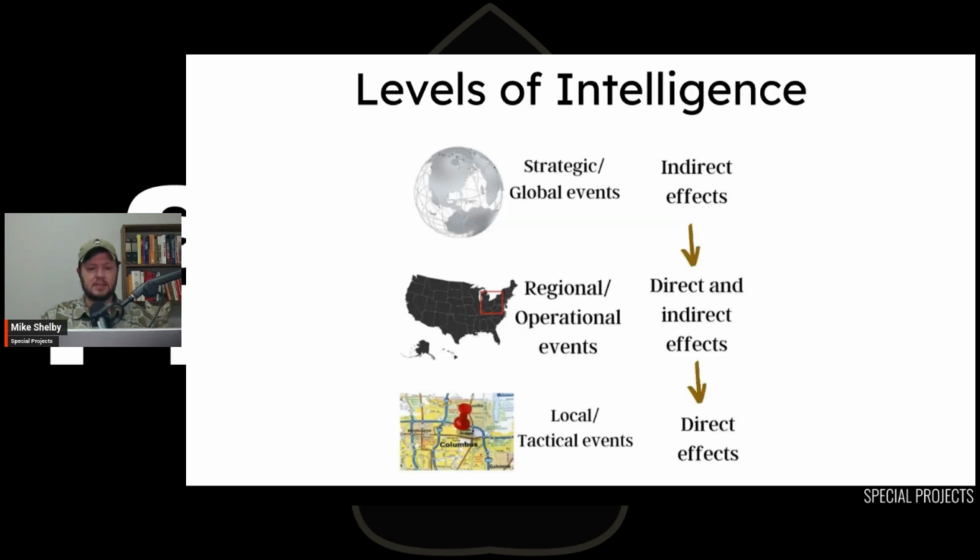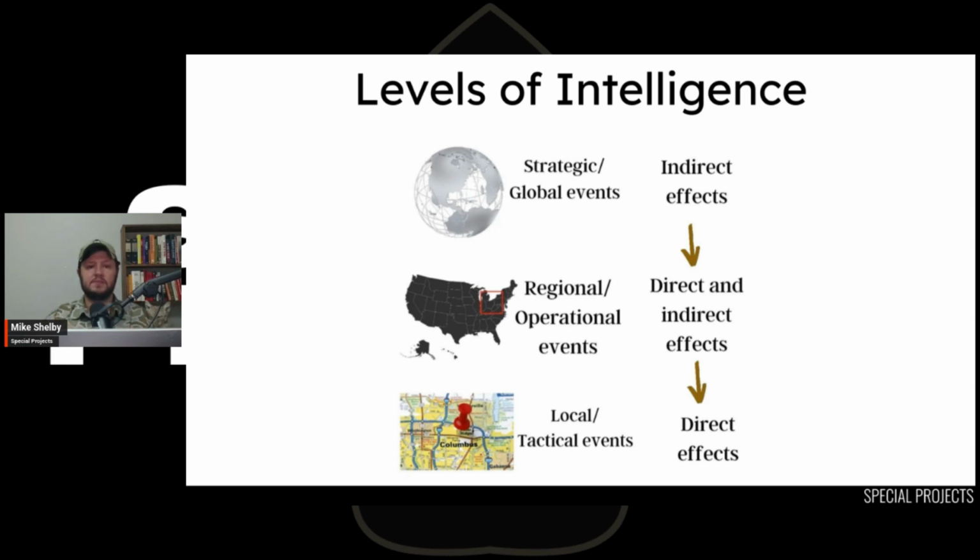Now, there's one more thing I want to pass along here. And it really is crucial because lots of folks get hung up on the strategic level events, okay, like the big picture events. Like what happens if North Korea launches an EMP and nukes us back to the Stone Age? What happens if Al-Qaeda launches all these terror attacks? What happens if there's a cyber attack against the power grid? What if we go to war with China? What if we go to war with Russia? What if we go to war with Iran? Whatever happens, if there's a stock market crash or economic collapse or hyperinflation, zombie biker gangs, whatever,